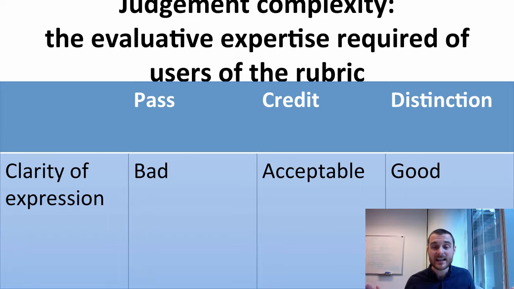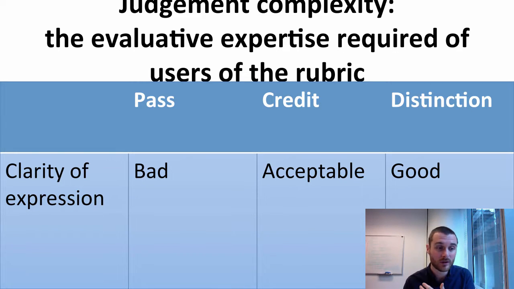Judgment complexity, the evaluative expertise required of users of the rubric. Here's a rubric that doesn't tell you very much about what quality looks like and therefore requires a lot of expertise to make a judgment. Clarity of expression, bad, acceptable, or good. Gee, you've got to be quite clever and know a lot about quality to know what bad looks like or